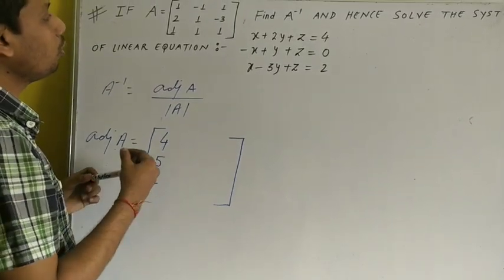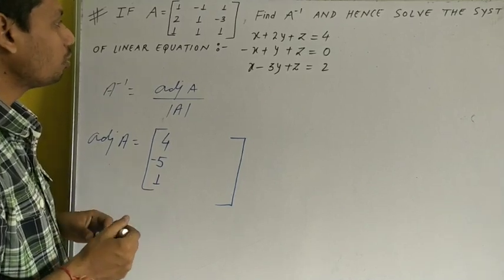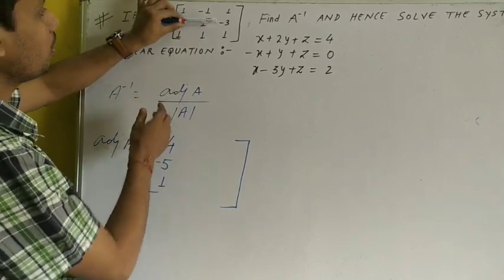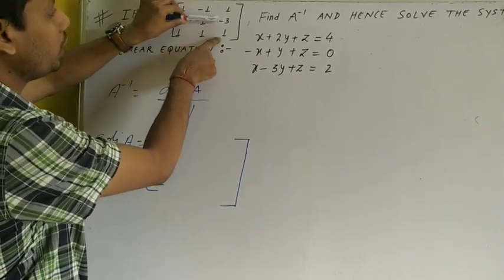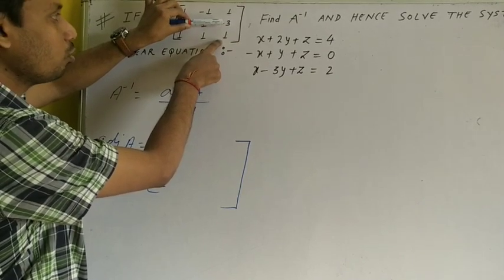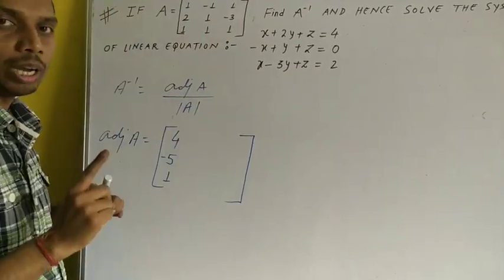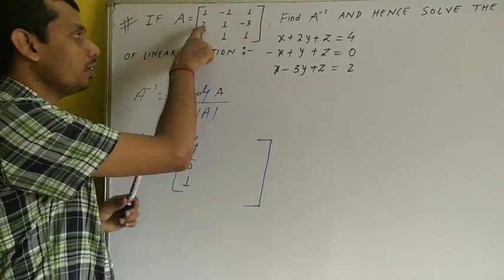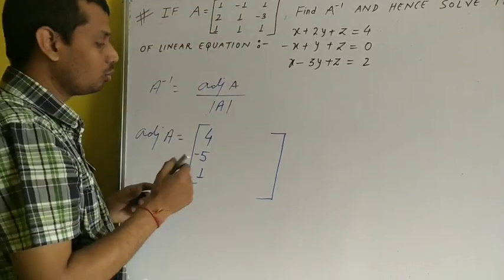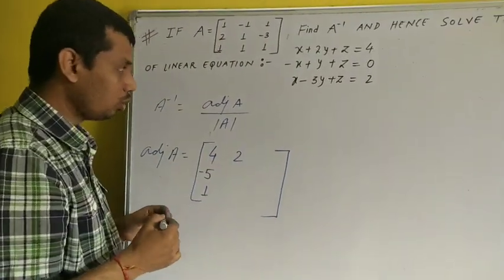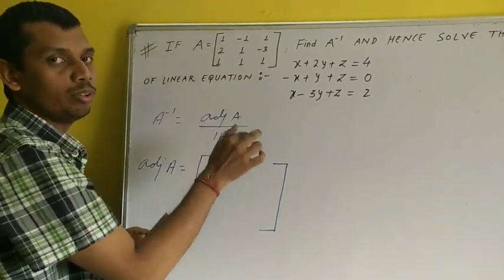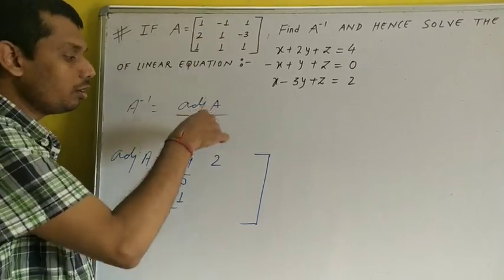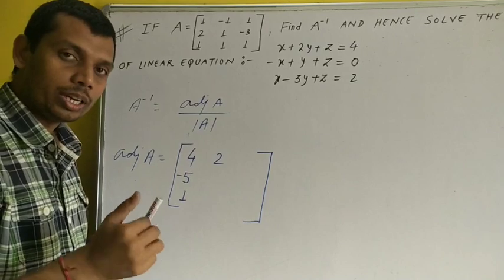Now let us calculate the cofactor of the A21 element, which belongs to second row and first column. Now we will not consider these two. Minus 1 into 1 is minus 1, and again minus 1, so minus 1 minus 1 is minus 2. And the positional sign of this is minus. So this becomes plus 2. The positional sign of this element was minus, so we have multiplied minus 2 by minus, and as a result we get 2.